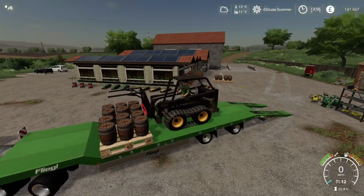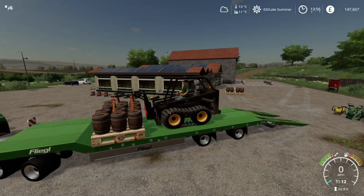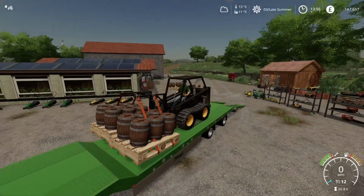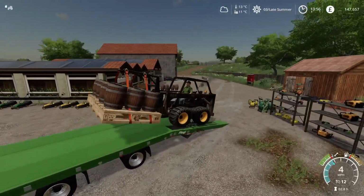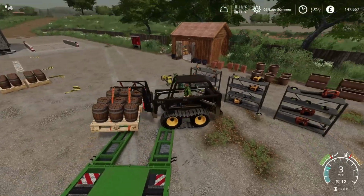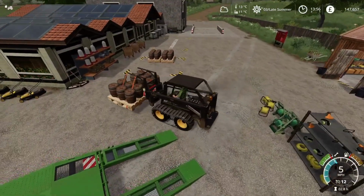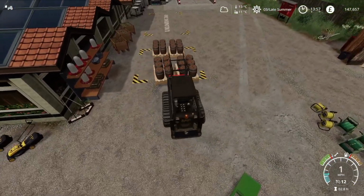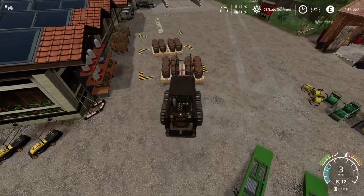So if you do it that way, let's drop that down a little bit further like that, it kind of straps through both sets of pallets. I don't know, it just looks a little bit better. I know the weight would be way off, it would be ridiculously heavy and you wouldn't be able to do it with this, but for the purposes of what most people are likely to do when they're playing, and I say most, not everyone,